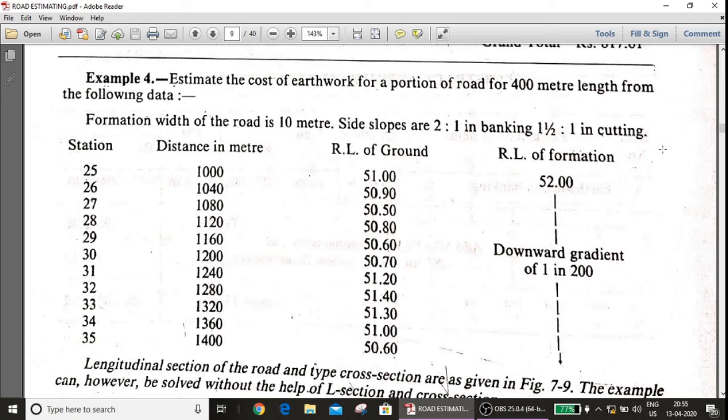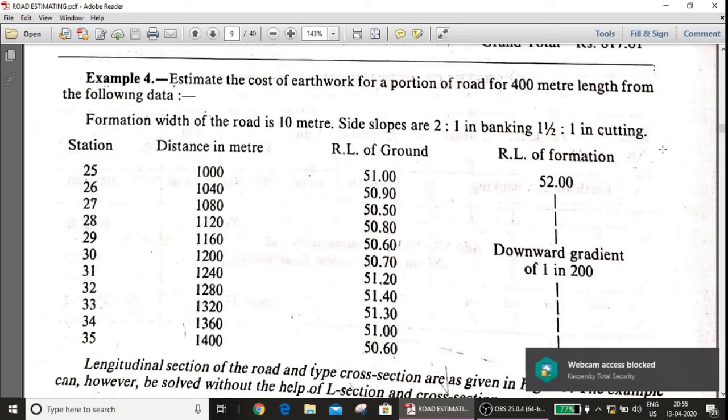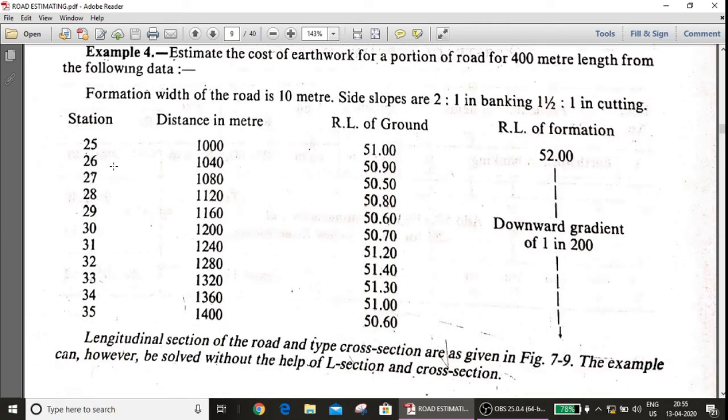data. So, they have given formation width B of the road is 10 meters and side slopes 2:1 in banking, 1.5:1 in cutting. So, please see the data here, what they have given. Station they have given. So there are totally 10 stations. Okay, 25 to 35. So distance in meters